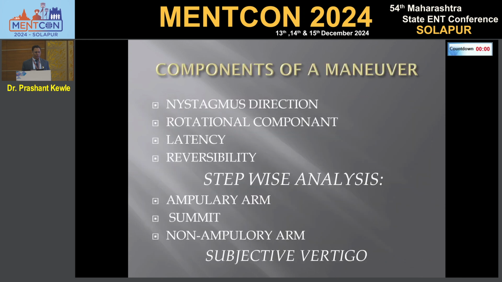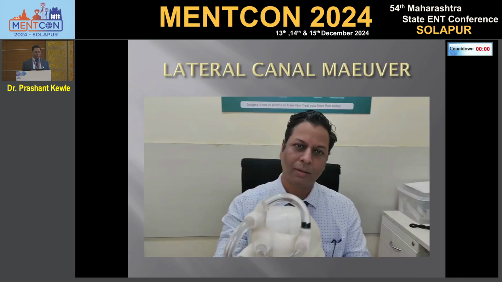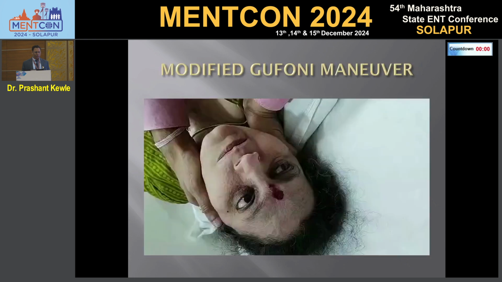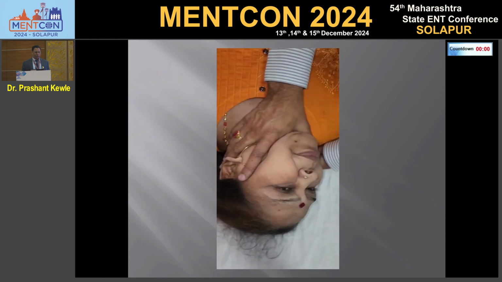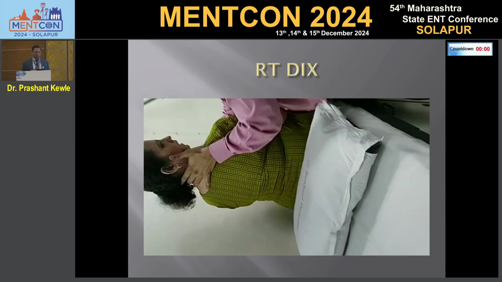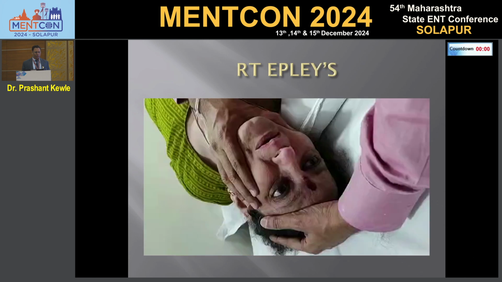I'll just show you one good picture, one video only. See, this patient had all the possibilities in one sitting. Very long videos. So this patient was having bilateral BPPV. After 7 days, I went for the other side. Here, Dix-Hallpike was positive. Then I checked again, there was positive, but it was ageotropic. So the particles didn't come out of here. They got jammed at the crus commune level.